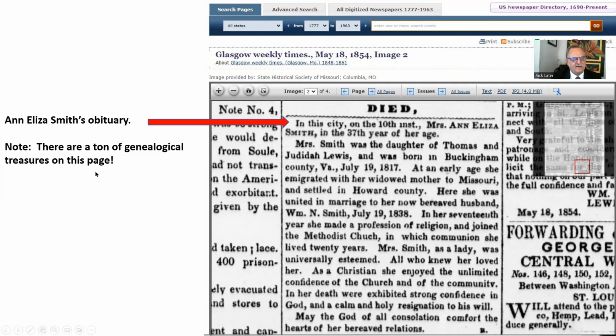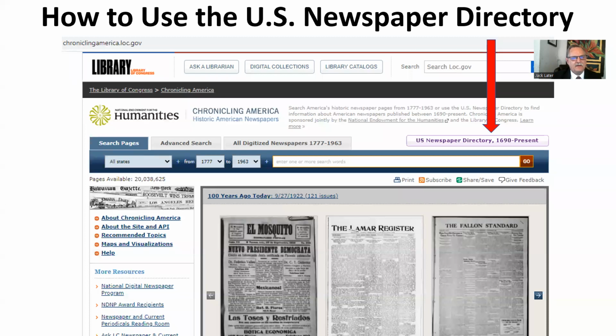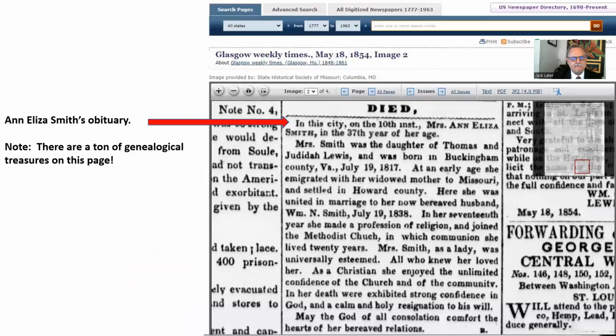And this was found without using any OCR. I didn't do a name search on this. In fact, it didn't even show up. Like I said, there wasn't any OCR. I just wasn't able to find her using her name. So anyway, that's how you use the browsing feature of